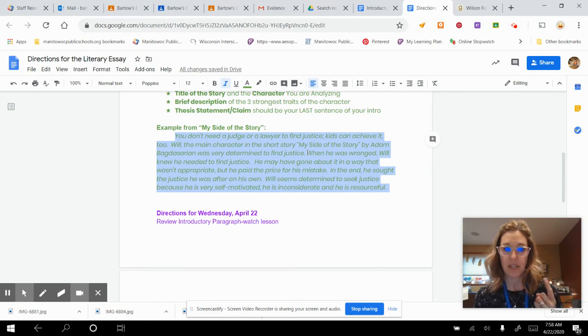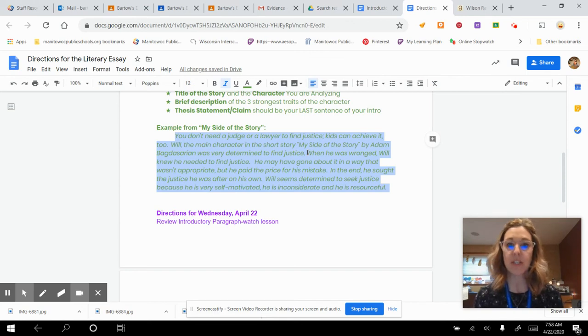When he was wronged, Will knew he needed to find justice. So he was minding his own business, something happened, and now he's off trying to get that justice. He may have gone about it in a way that wasn't appropriate, so he was being rude or inconsiderate, and he paid the price for his mistake. In the end, he sought the justice he was after on his own. He was being resourceful.